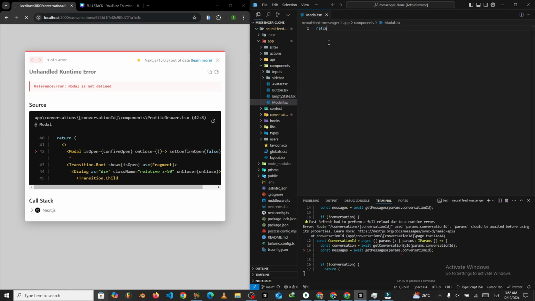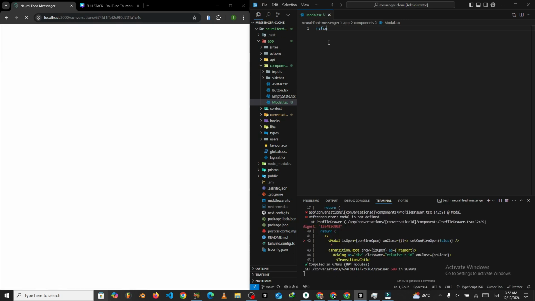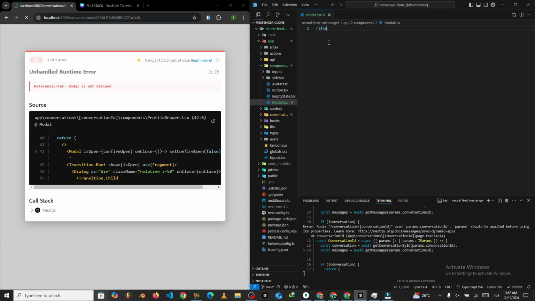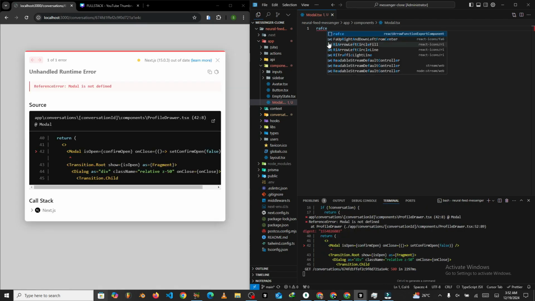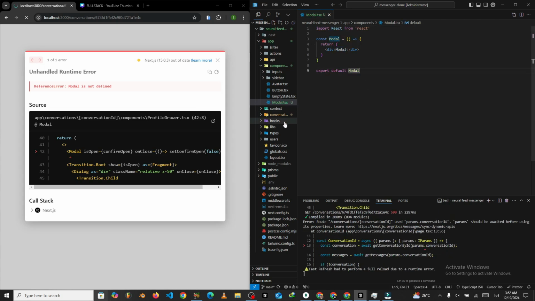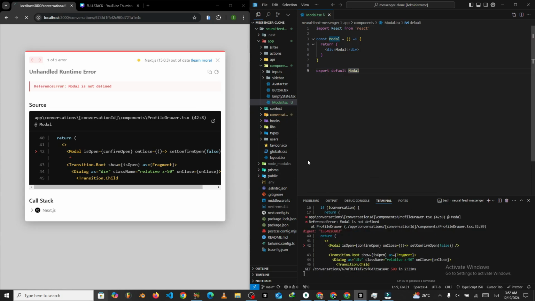Then inside we'll type RAFCE, it will bring up the snippets, and all we have to do is hit enter. Okay, the snippet is not showing, so it's doing the thing it was doing. Okay, so it's here. All right, then after accepting the snippet like this,